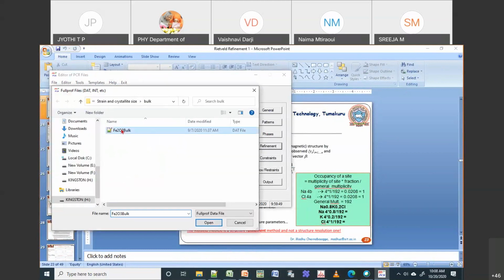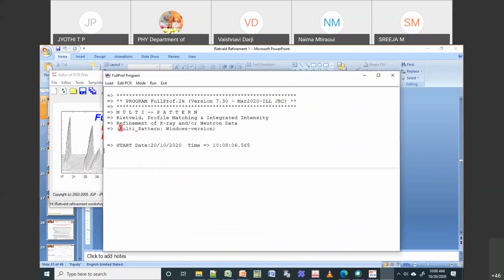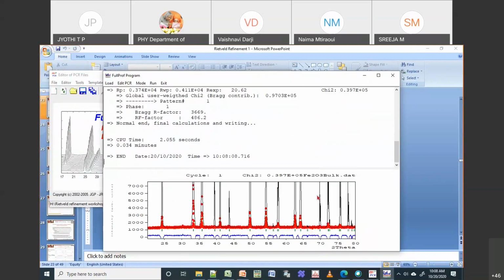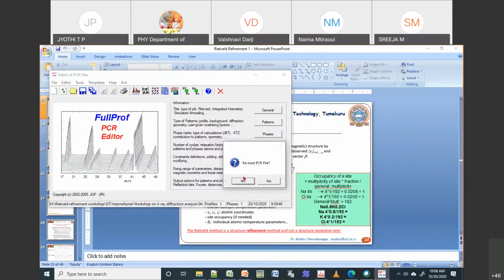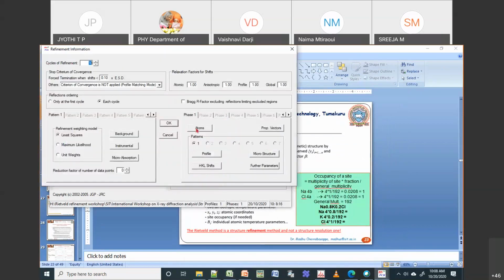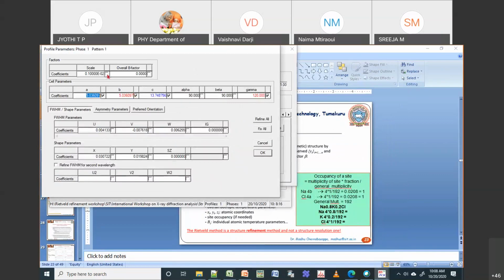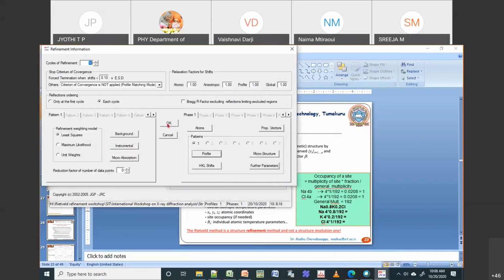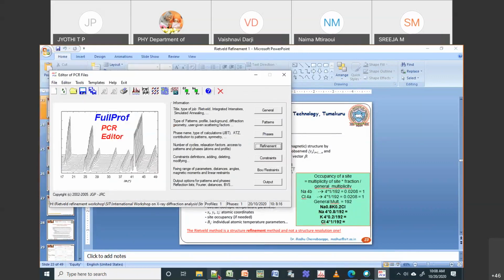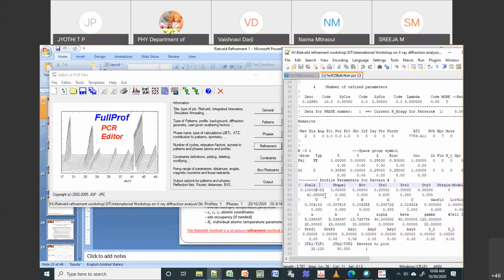Let me see if it is running well or not. You can see initially it is giving a high value for this. Later, if you ask it to run again, then it will change it. I think I didn't change the 0, so that is the reason. Sorry, I didn't change the scale. Scale is fixed, so it is not running. So I'm going to change the scale now. Then save it. If I go back, you can see it has put a new number for scale. So now let us see what happens in this case.